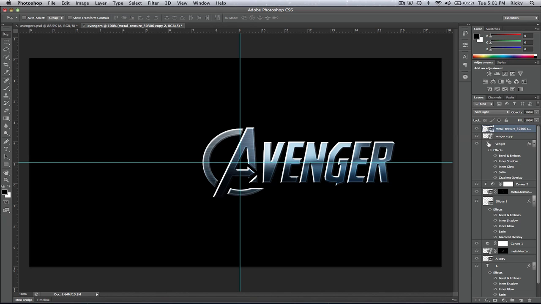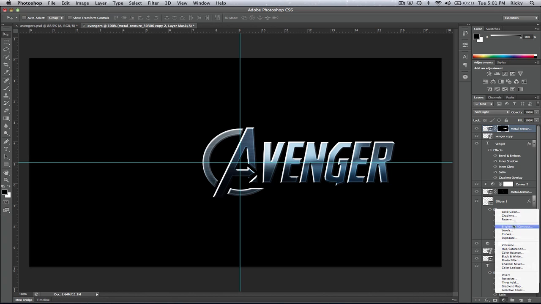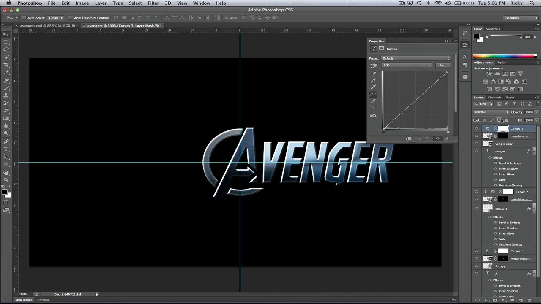Make sure that we have Avengers as a selection. Make a mask. Set it to soft light, and it's already set to soft light. We're going to add an adjustment layer to that one. Let's go to curves, flip it while we're here,